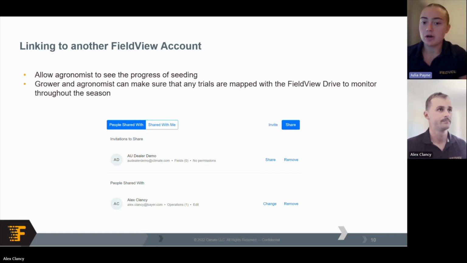If they're doing any sort of trials with their agronomist, being able to actually see where those trials went, and the FieldView Drive is mapping that through the season. So plenty of value in sharing the account to an agronomist, and you can choose to share whole operation, or you can choose to share individual fields, for example, and then you can turn that sharing off at any stage. But the agronomist can sit on a free FieldView account and have all of the information that's come from that grower's account shared to them, including all of the satellite imagery. So that's a really great opportunity there for growers and agronomists to share